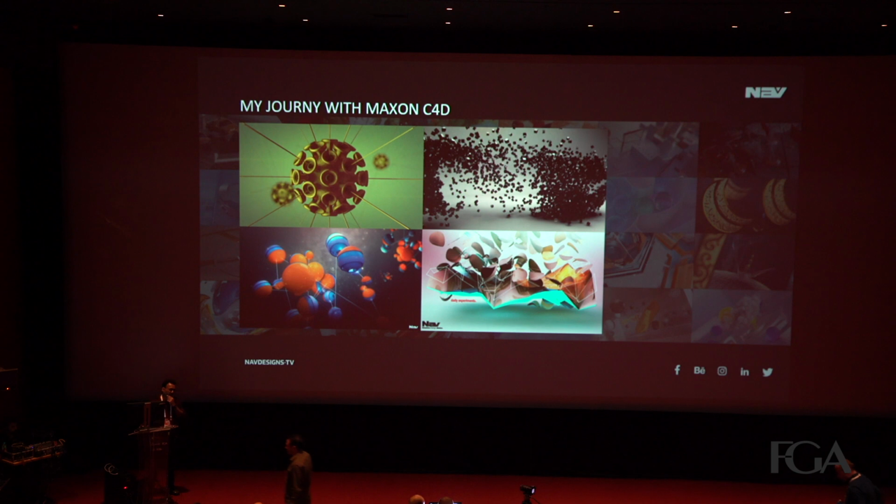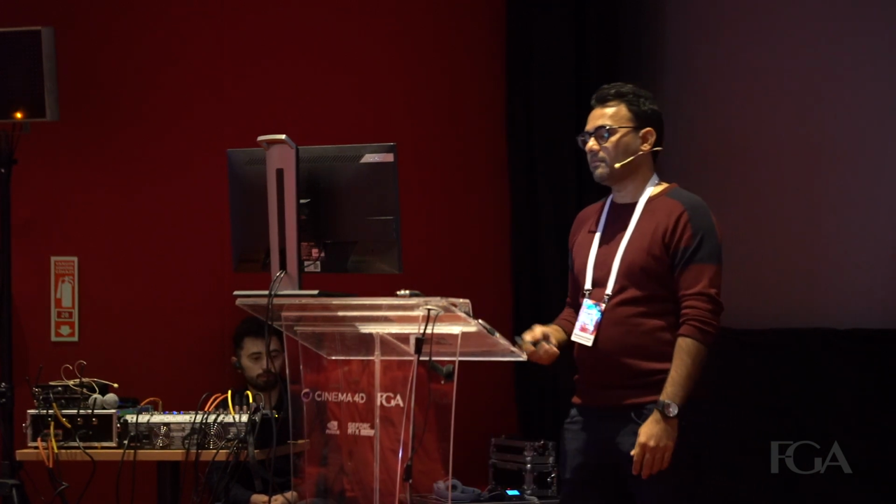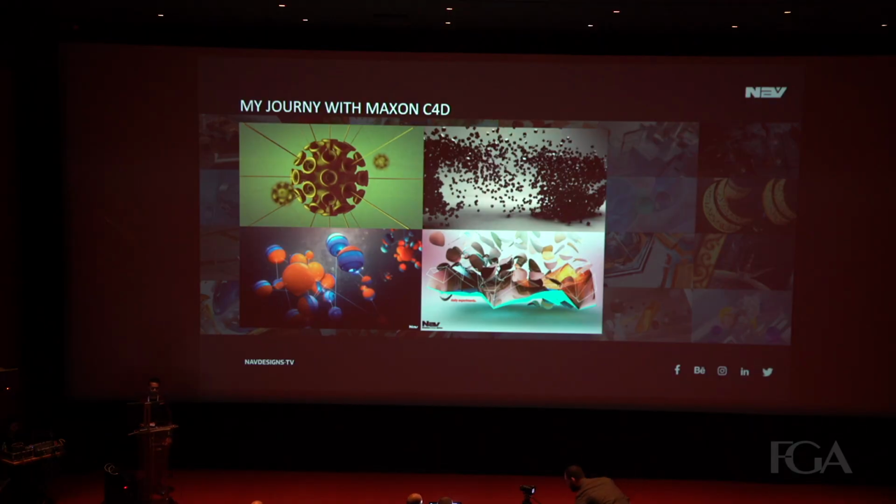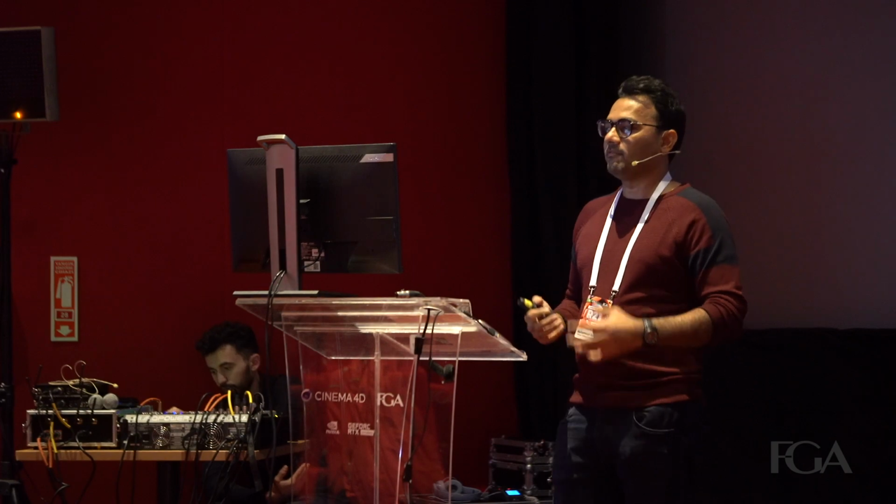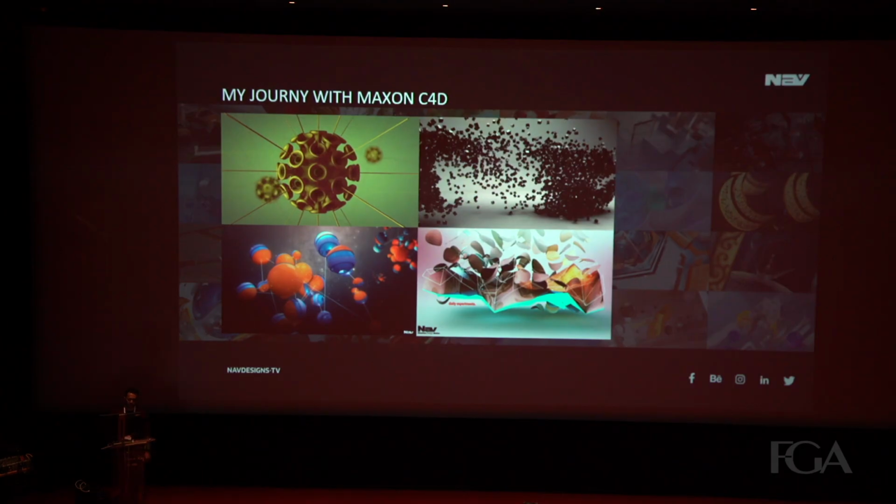2008, 2009, when I started learning this software, when I was a frequent user of 3D Studio Max, and suddenly I saw a couple of YouTube tutorials about C4D. And then those tutorials really hooked me because I love the user interface and the whole story inside C4D. I found it very friendly software for me.